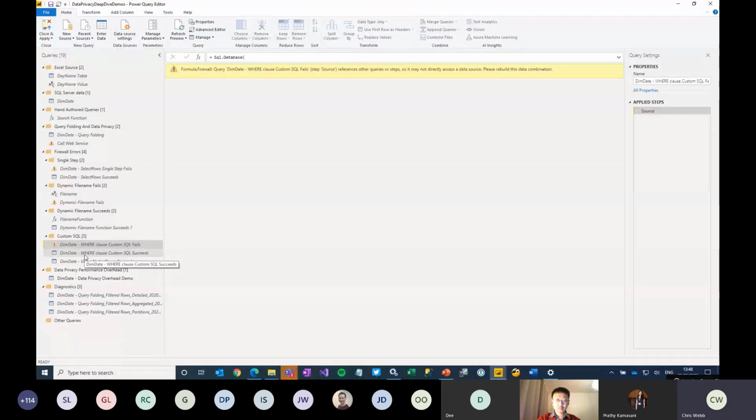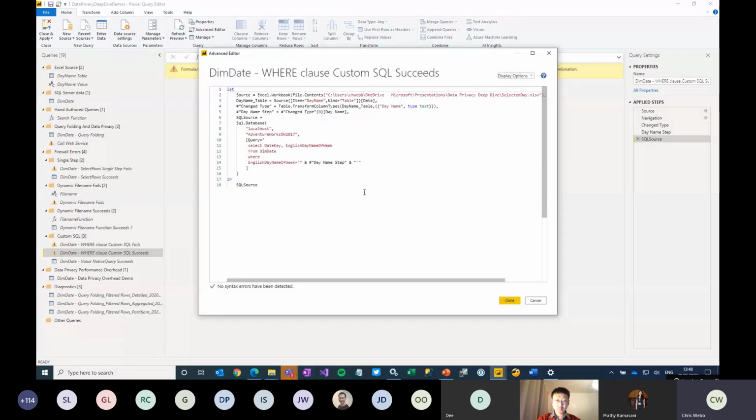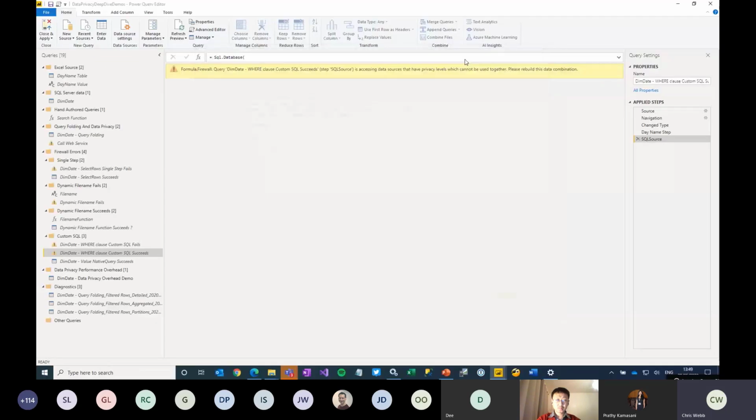If I edit the permission, I get the error that I'm expecting. I can work around this in a couple of different ways, though. Rather than using dynamic SQL, all right, sometimes these errors do really wind me up because they don't happen consistently. What should happen by putting everything all together in a single query like this means that all of these steps are considered part of the same partition, because partitions are usually munged together. You can't have a partition that crosses query boundaries. So by putting all of the steps from all of your queries into one big query, that's usually enough to make this go away. There are some bugs still around here, which is why, oh no,